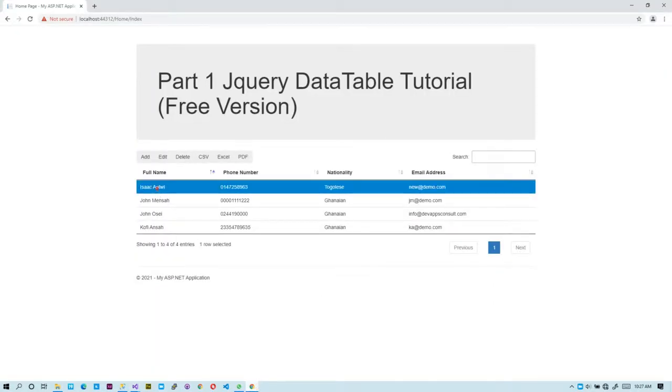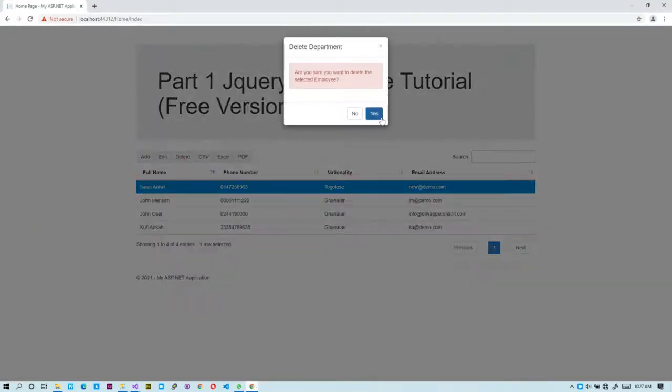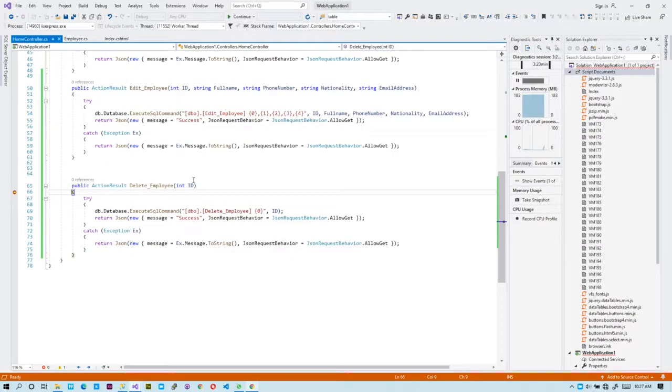Okay, so now let's see. Delete. Great, works perfectly now. So this is the ID of the employee, but you've not yet created the